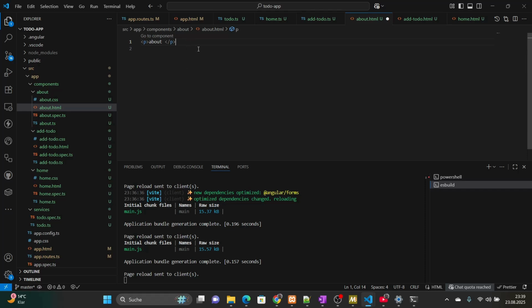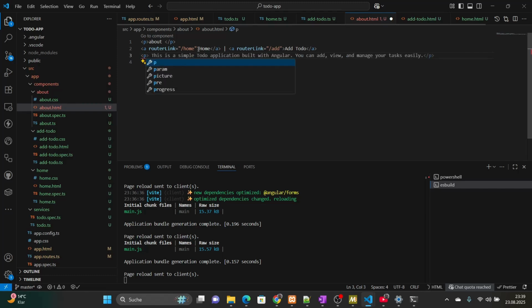So we add this one, and then I will just add a small paragraph here like this one. Okay, this is a small simple to do application built with Angular